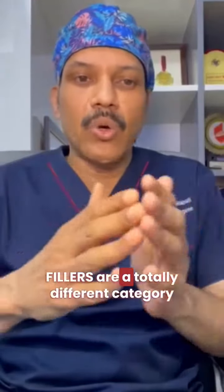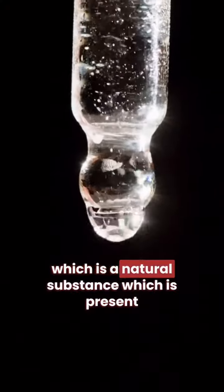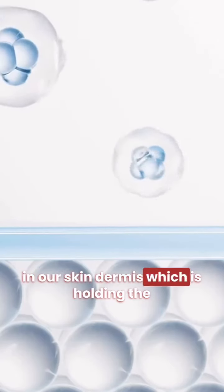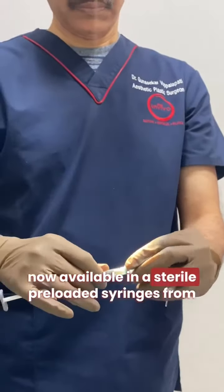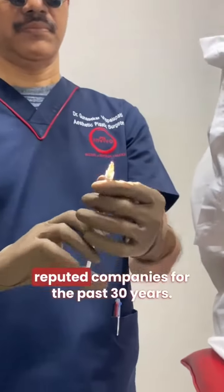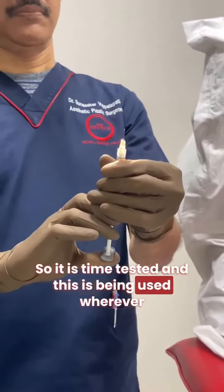Fillers are a totally different category, where it is derived from hyaluronic acid, which is a natural substance present in our skin dermis, which is holding the collagen and elastin fibers together. And this is now available in sterile preloaded syringes from reputed companies for the past 30 years. So it is time tested. And this is being used wherever you have